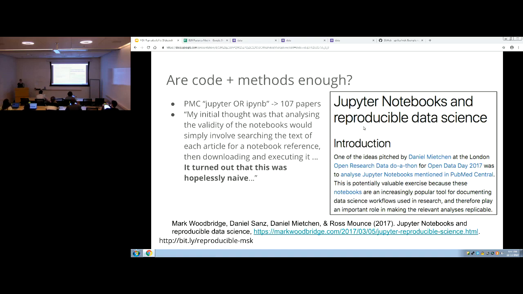Okay, good, great. So this particular study is an informal study. It was a little project put together by some friends at Open Data Day last year. They decided that they were going to assess the reproducibility of the published literature, and the way they decided to do this was to identify papers that had been published in PMC that had some sort of Jupyter notebook accompanying them. Generally speaking, for those that aren't familiar with Jupyter notebooks, it's a type of what's called